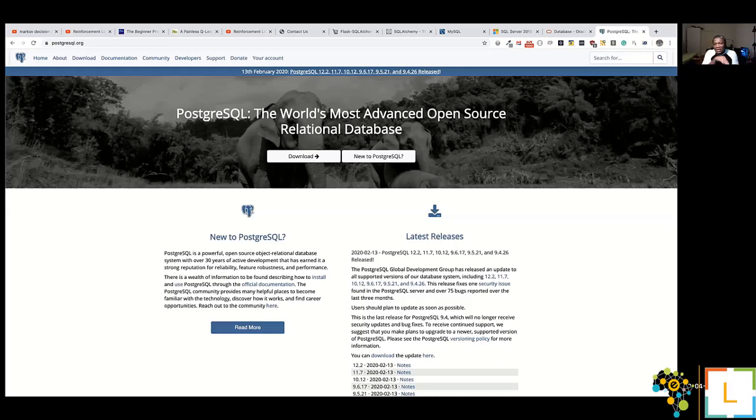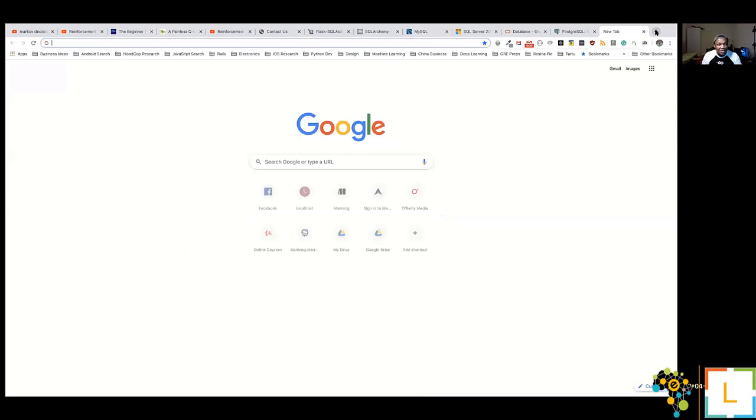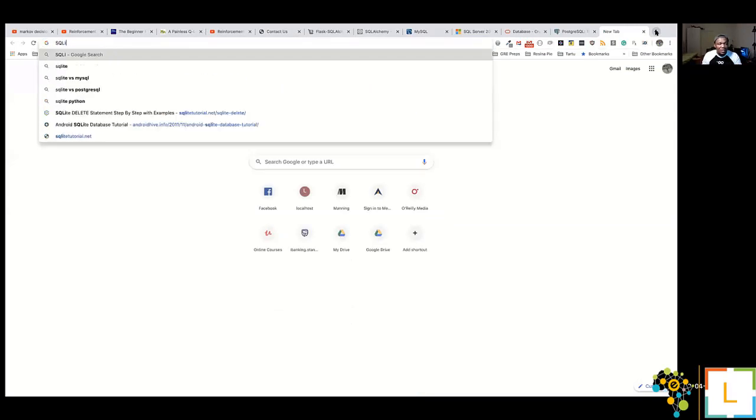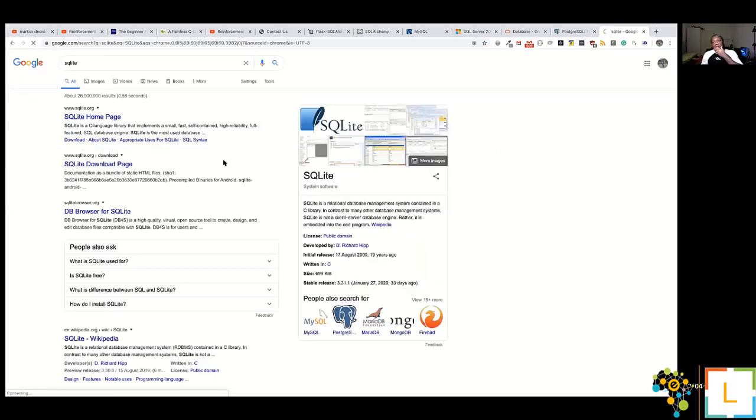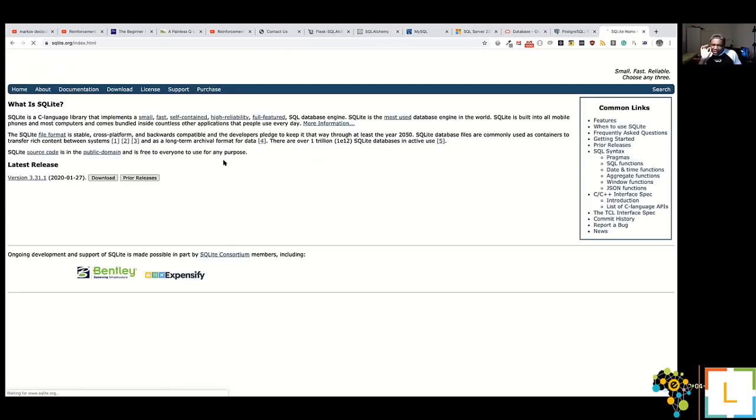So they expose an API that you call and you don't care which database you are talking to. SQLAlchemy knows how to talk to SQLite. I didn't even open SQLite for you to see. So we also have SQLite, which is also known as SQLite. SQLite is a very simple serverless database